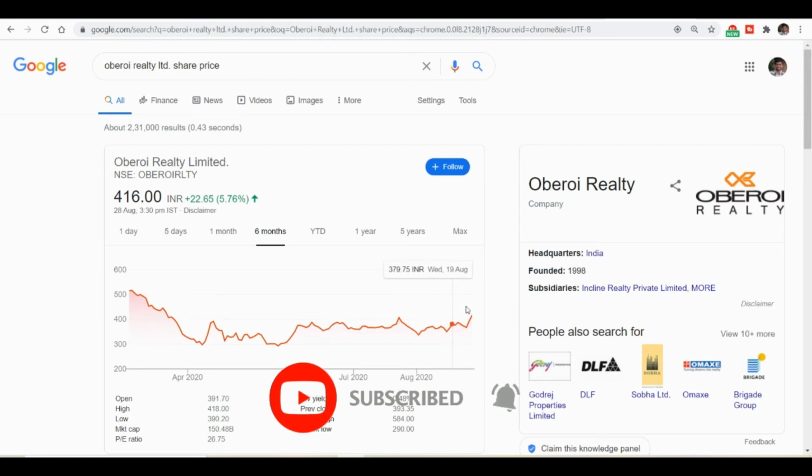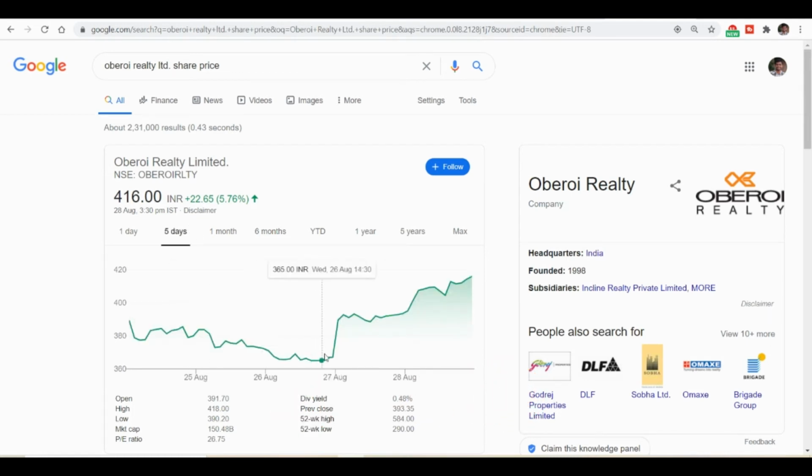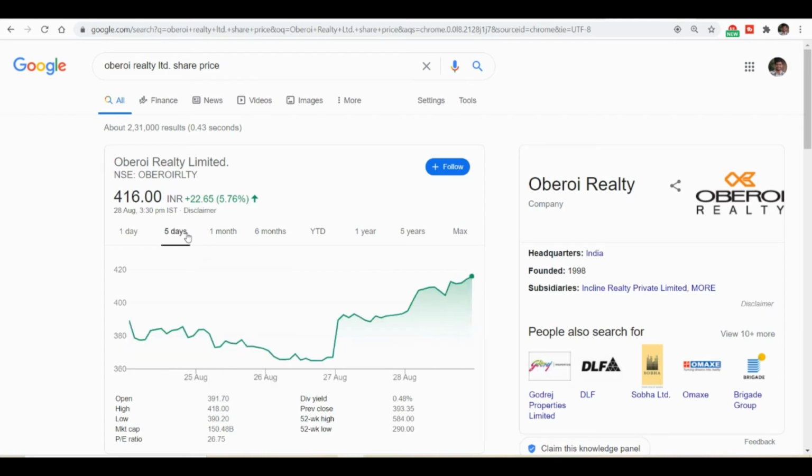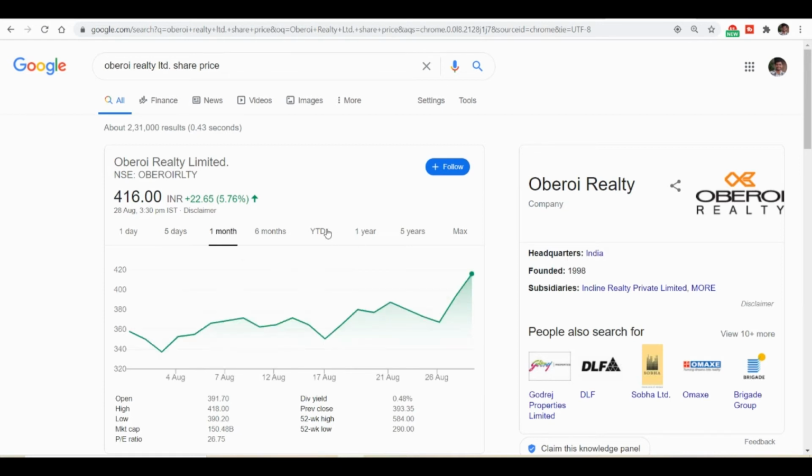So now that we have the volume increased in the past 5 days, and when we compare it with the last 1 month also, it's making new highs. It actually made new highs for the past 5 days. So this means there will definitely be a correction, which we can expect before it moves towards the 600 range. If you see the 1 year to date near 540 something,